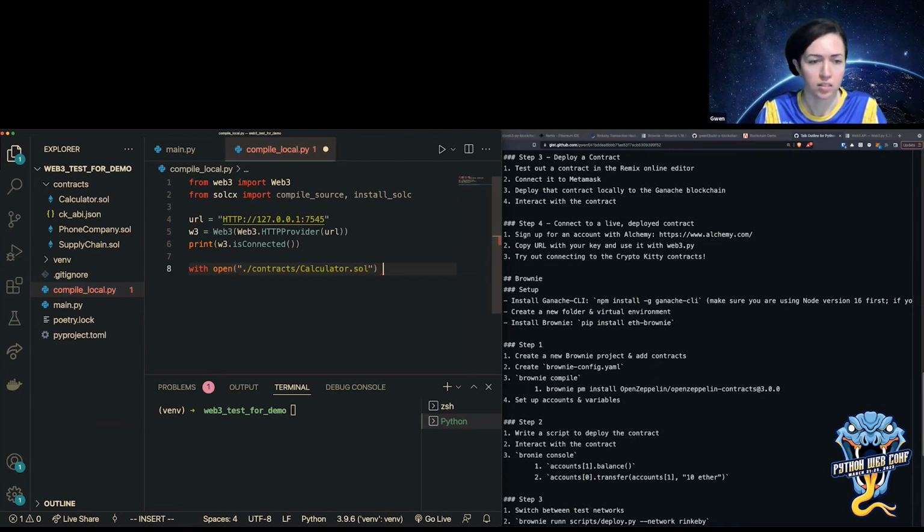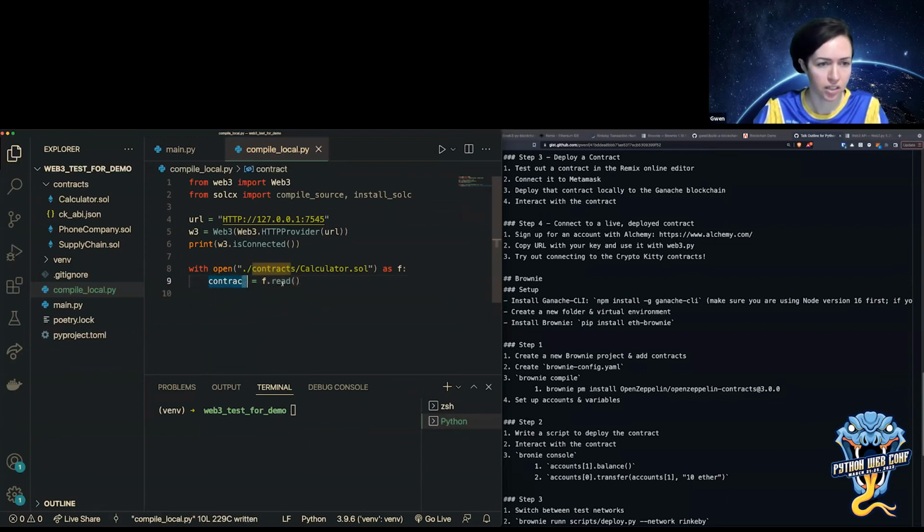And this is just regular Python. So I need to read that file. I'm going to say contract equals f.read. And now I have the contract here, so I can print that out.